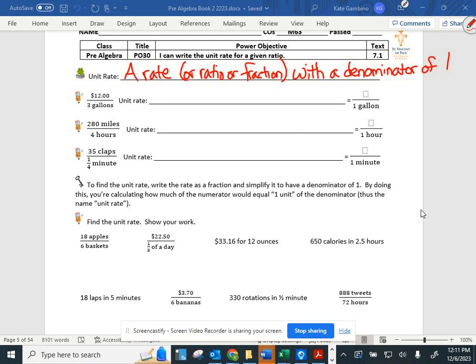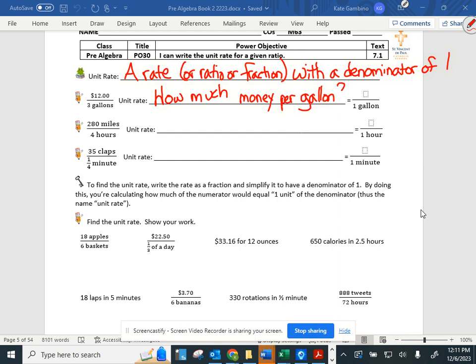So how would we find that unit rate? So we want to know how much, because it's money. How much money per gallon? So we want to know that unit rate, how much money per gallon. So if it's $12 for 3 gallons, and we know for a unit rate, we want to get down to